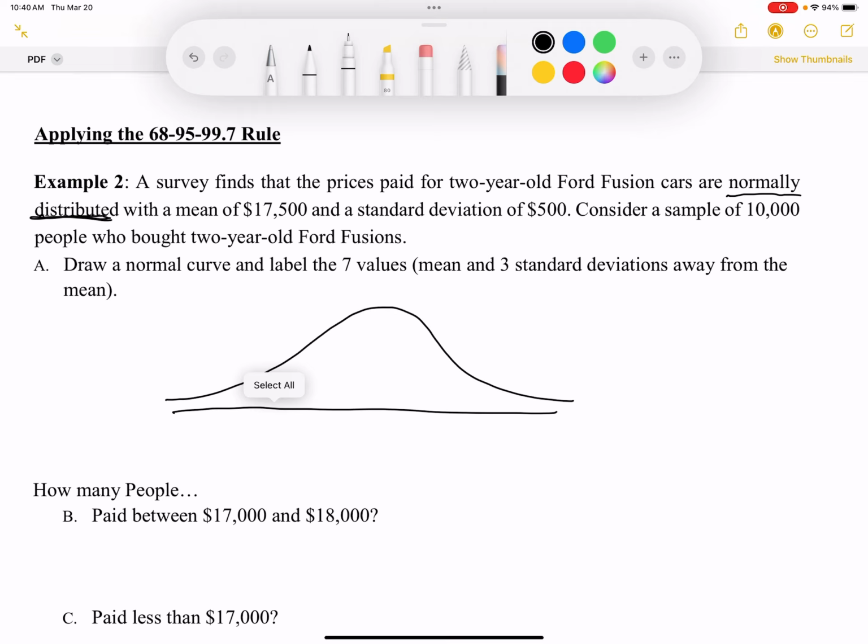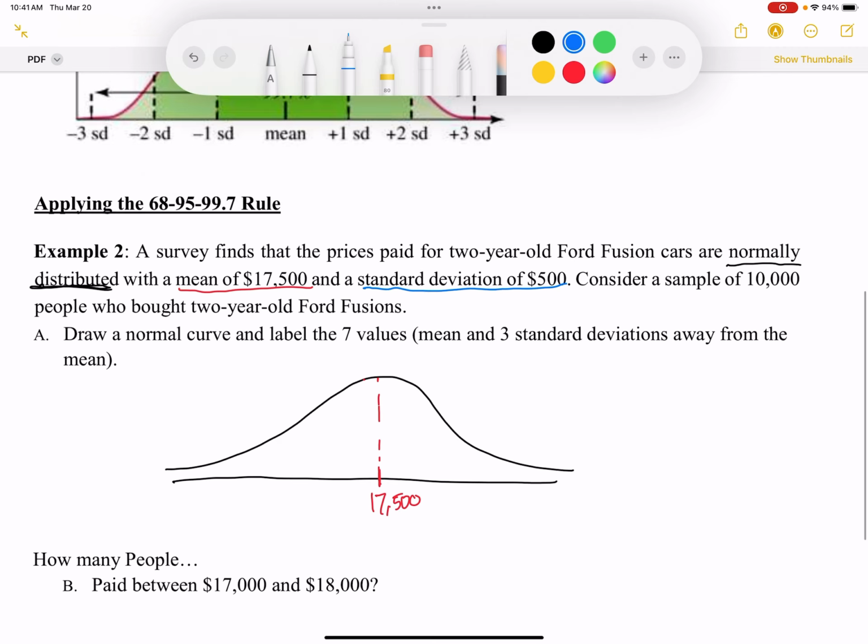All right, so it's supposed to look good. Mine ain't great, but it'll be all right. And then it says it has the mean of $17,500. So right in the middle, I'm saying $17,500. And then it has a standard deviation of $500. So based off the empirical rule, which is also the 68, 95,